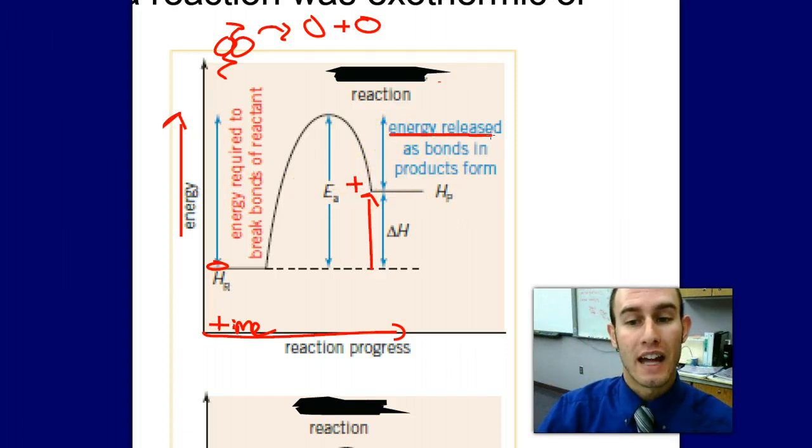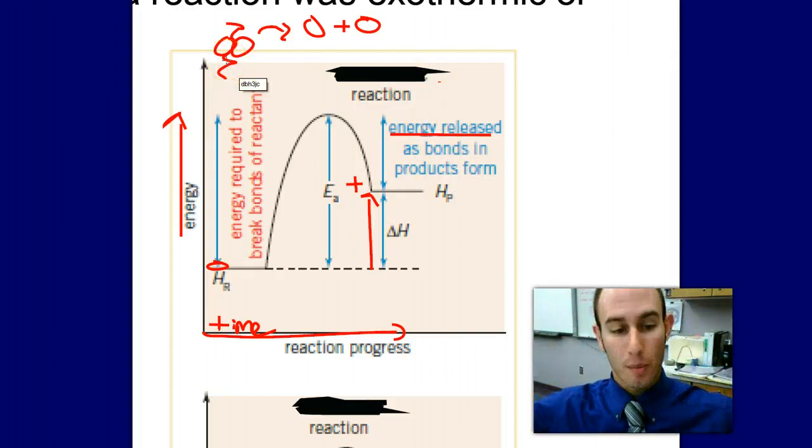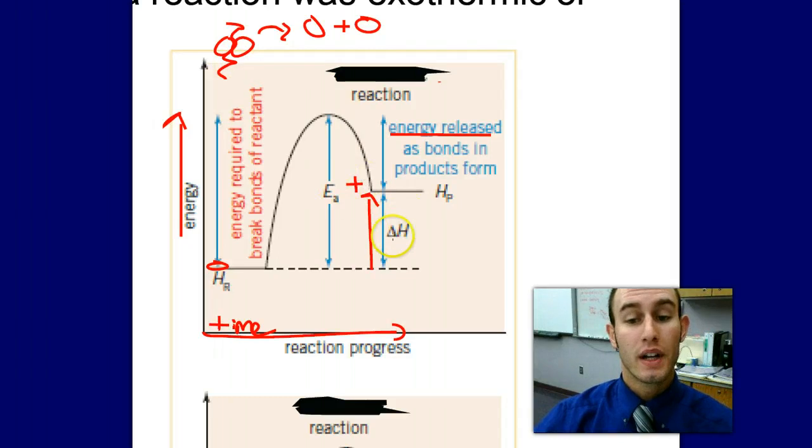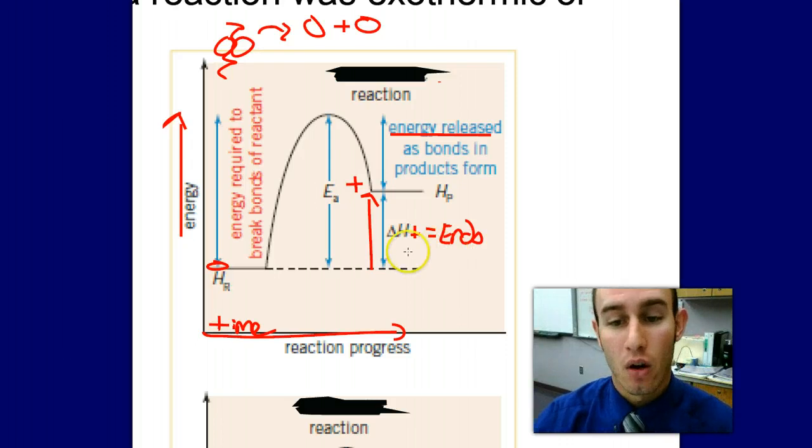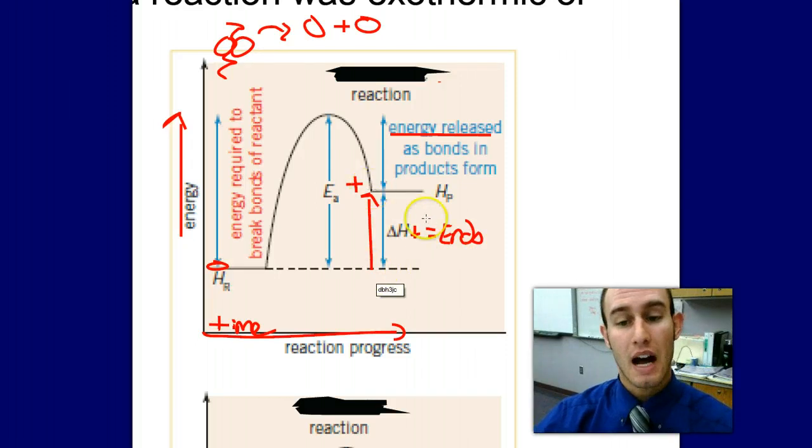We know that there's energy being released as the bonds in the products form. So as we form water later on, that's what we're talking about. Right now, we're looking at just breaking, again, these two together, ripping them apart. And we call this delta H positive, which is endothermic. We will look at this in a second in the next slide, but it's an important thing to just introduce right now, that if it's above the x-axis, it's positive, it's endothermic, which remember, endothermic, you're taking in